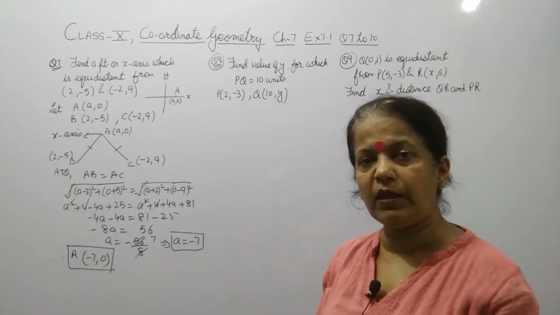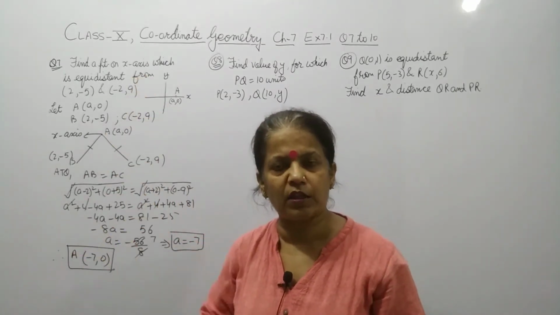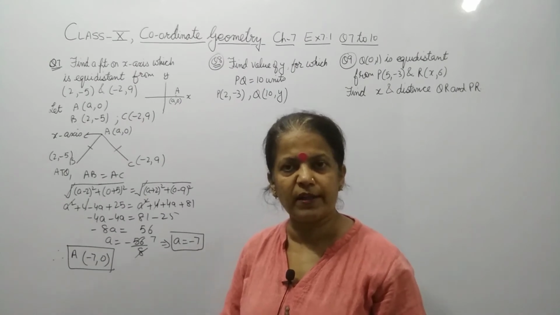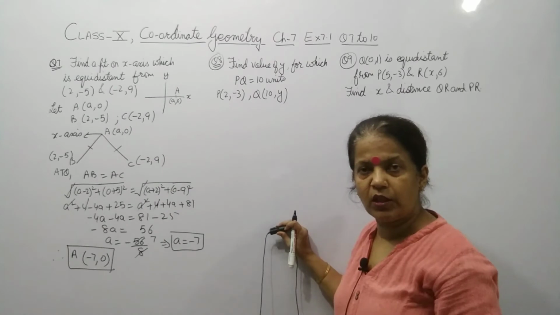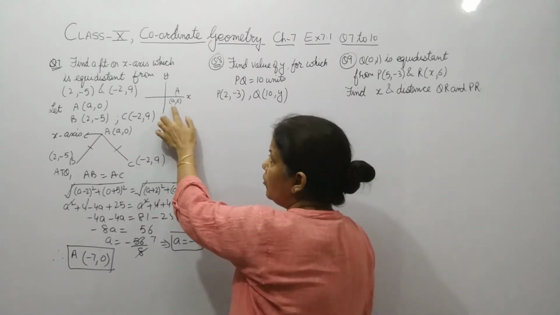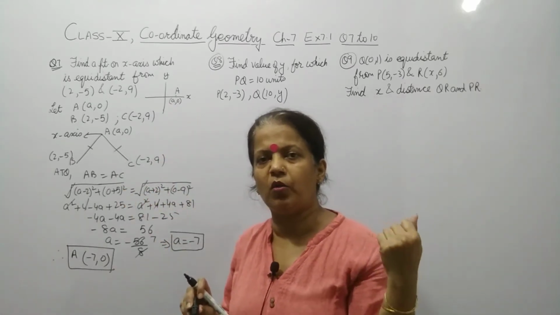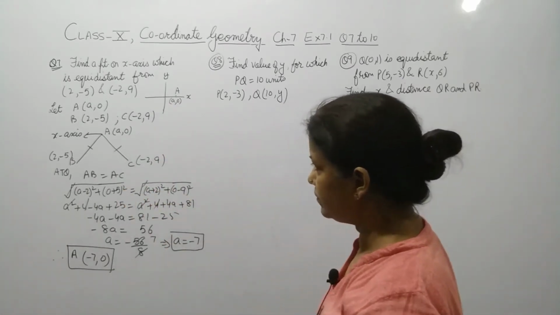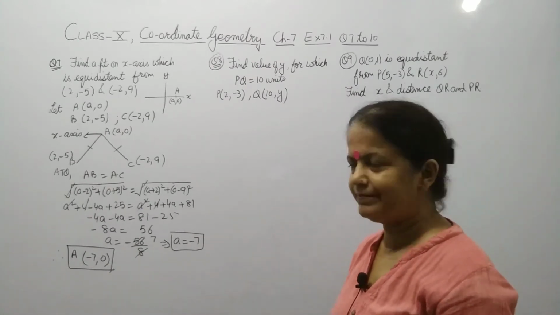In the same way it can be the reverse also. Find a point on y-axis. What coordinates will you take on y-axis? On y-axis, the value of x will be 0. So how will you write the coordinate then? 0, a or 0, b, any alphabet you can take. I think this question is clear to all of you.